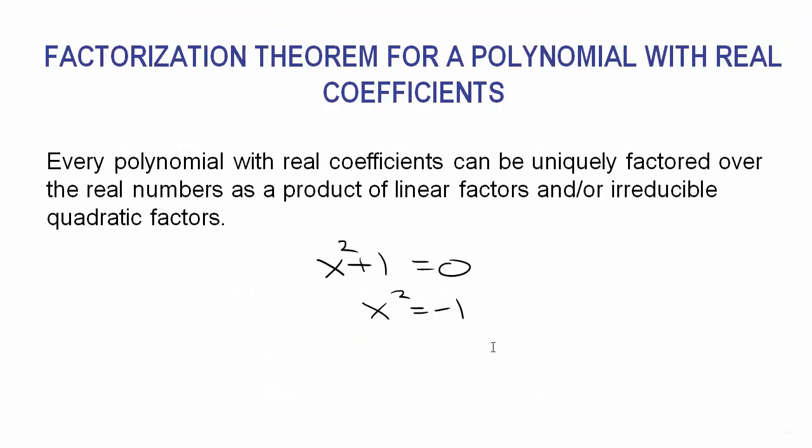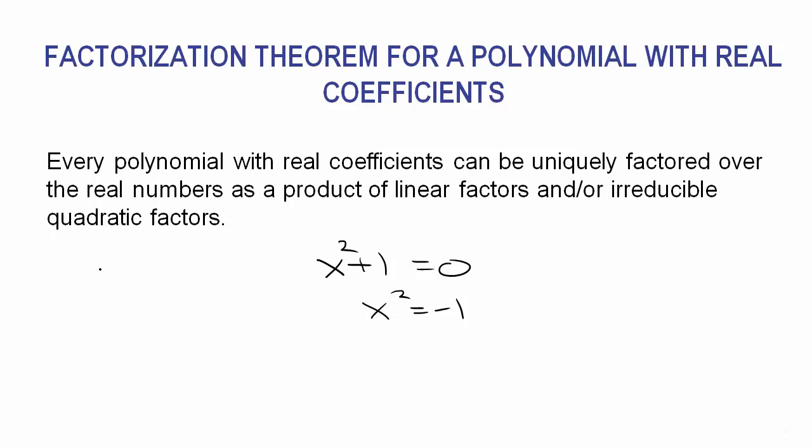The factorization theorem for a polynomial with real coefficients is basically just building on all of this previous knowledge: every polynomial that has real coefficients can be uniquely factored over the real numbers as a product of linear factors and or irreducible quadratic factors. It basically goes back to the idea that